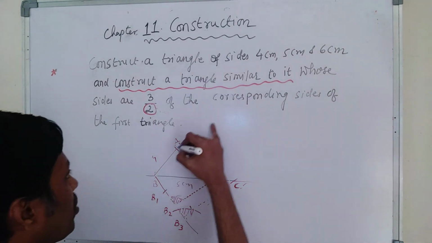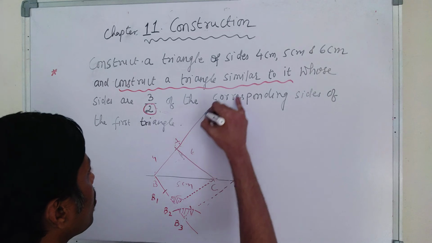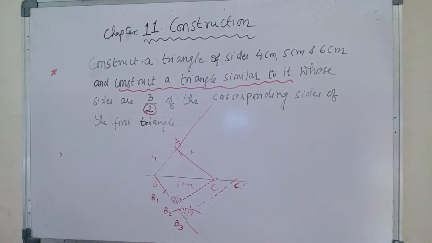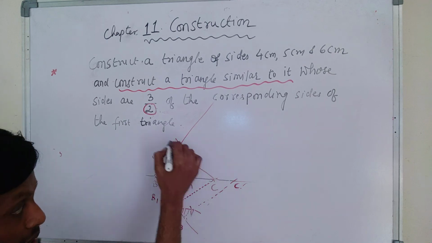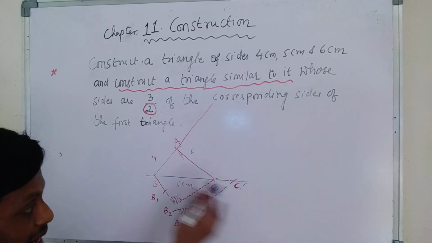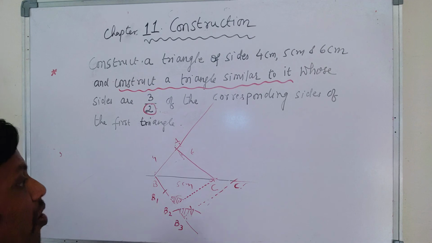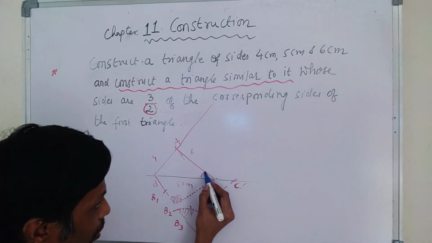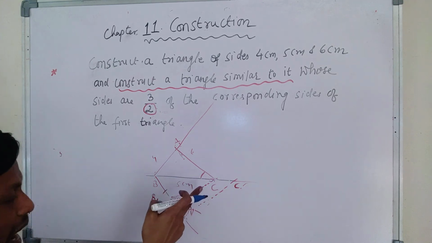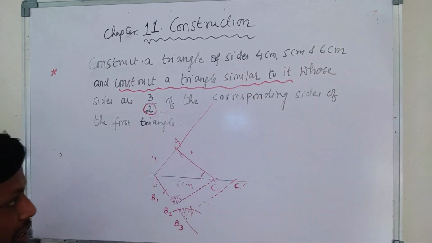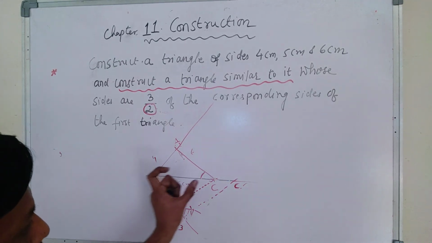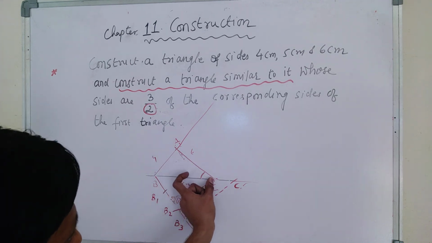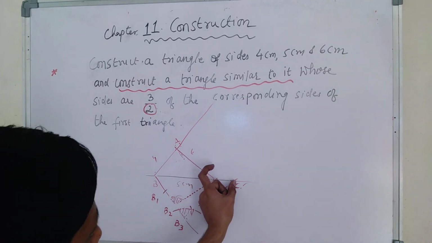You can extend this also. Now from C dash, your actual triangle is ABC. Mark my words, this C dash is drawn exterior. Now from C dash, I'll be drawing a line parallel to AC. That means I have to make this angle equal here. Whatever is the angle at C will be the angle at C dash. So again the same procedure, I will keep my compass at C and see the gap to C dash.